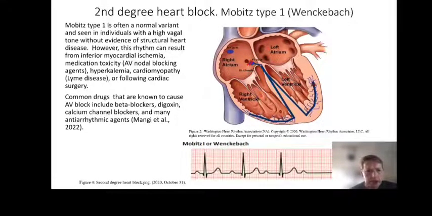So let's look at the EKG. P wave, P wave, P wave, P wave, P wave. This is the QRS complex again. And what is interesting about this PR interval is it is getting longer and longer, and here we have a P wave with no resulting QRS complex. This is a mark of Wenckebach, Mobitz type 1.